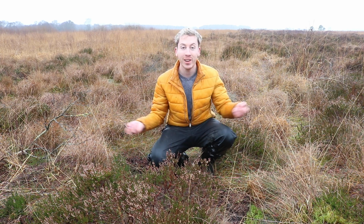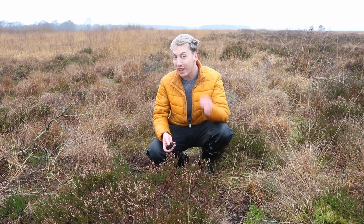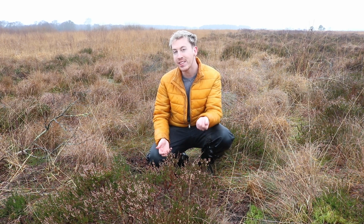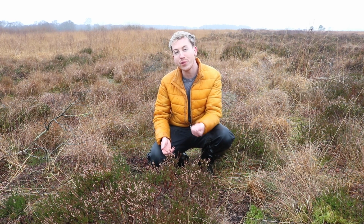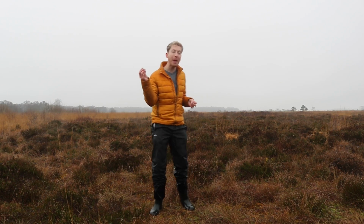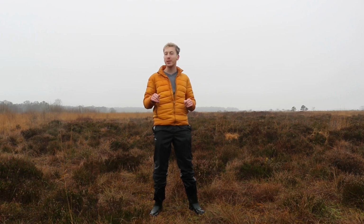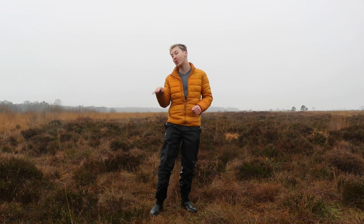In fact, peatlands across the northern hemisphere, like this one here at Winmarleigh Moss, are our single best terrestrial carbon store. Together, they contain more carbon in these peat soils than all of Earth's forests combined, all thanks to a small group of mosses. Of course, as well as being fundamental in our fight against climate change, these sphagnum-dominated bogs are themselves an incredibly